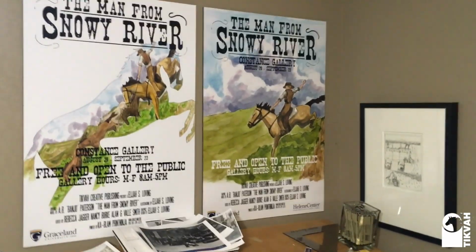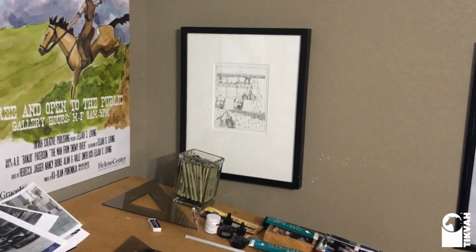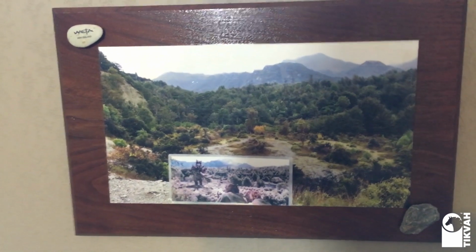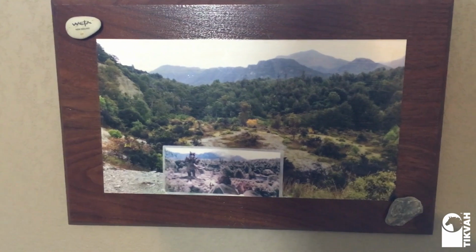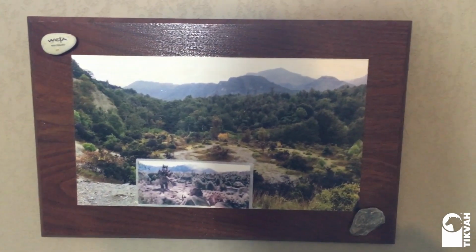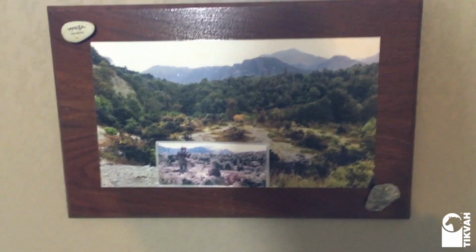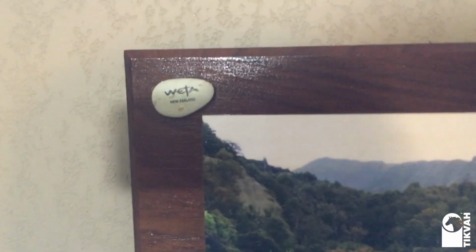So my Man from Snowy River pics. Probably my first idea for my comic that I'm working on and developing. Won't talk about that. This one's really cool, and this is a picture from New Zealand up above, and then you've got Frodo and Sam down below. So that's the location. There it is in real life. Got a rock there from that location,